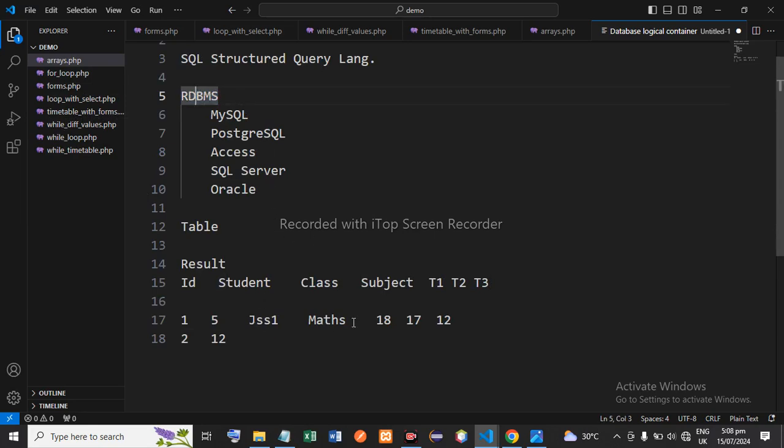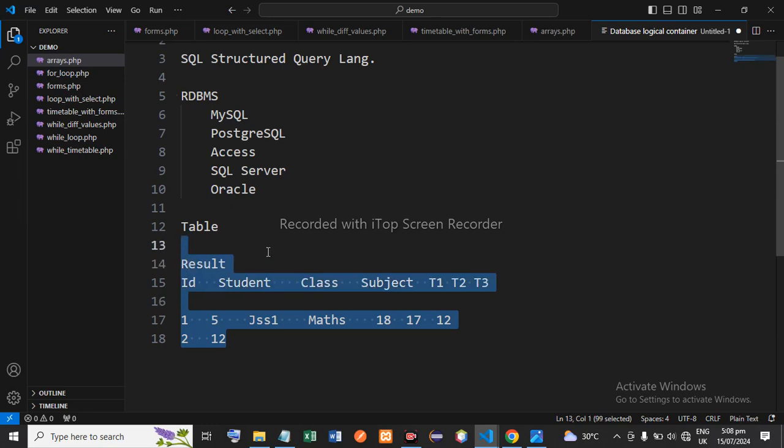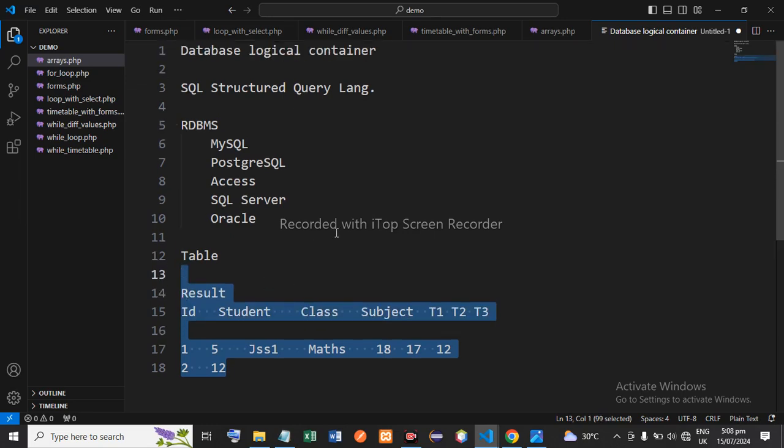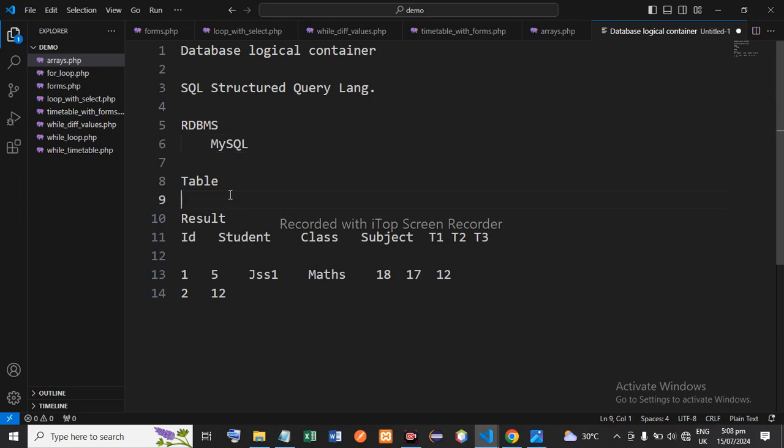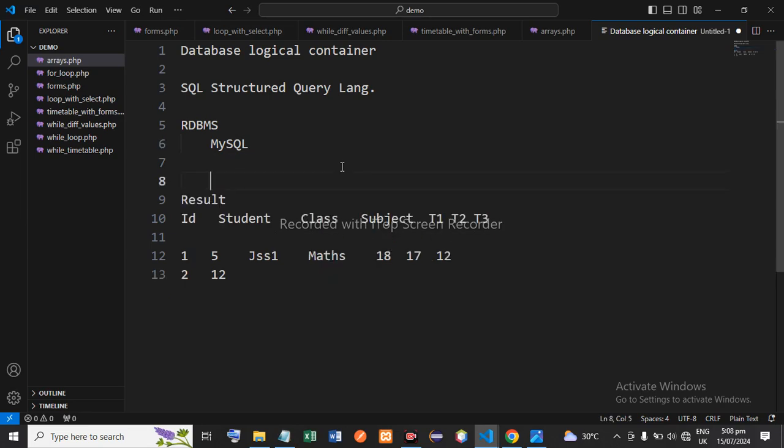So we create several tables and then we relate them, and then we are able to interact with them efficiently. Now with PHP we will focus on MySQL. MySQL is a very popular database management system. I've worked with MySQL for over a decade, so it's very nice. The syntax is very simple. If you are using SQL to interact with MySQL, it's as easy as saying